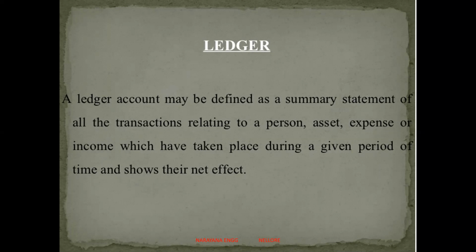Here we take a particular period of time. For example, consider a particular month. In this month, we find out what transactions we made on which dates, and we post them in the ledger and identify the debit balance and the credit balance. Everything can be found in this ledger book. We summarize all the transactions of the company, and based on that you can find out the monetary value of the organization and the debit and credit balances of the company.